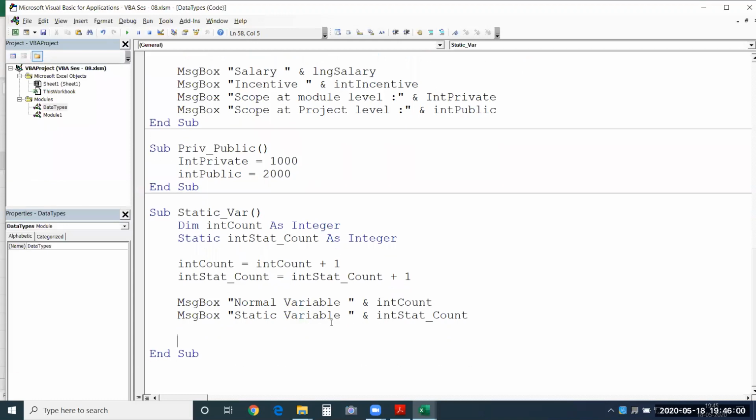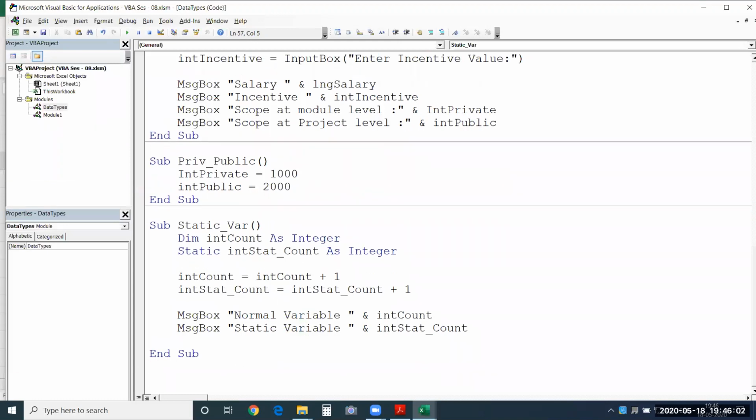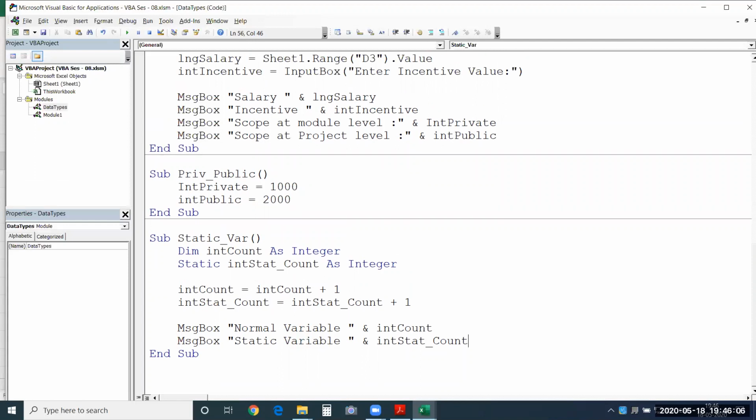So there is something known as a constant variable as well. Now you might have seen that when we calculate the area, you have the pi constant. There are so many other constants as well. To use these constant variables, we use const as the keyword before declaring them, just like you saw static as the keyword used.